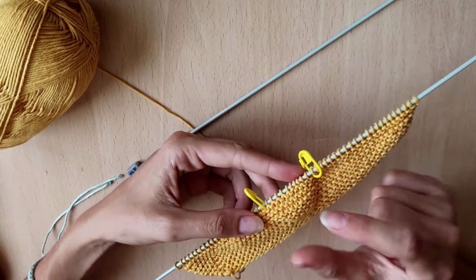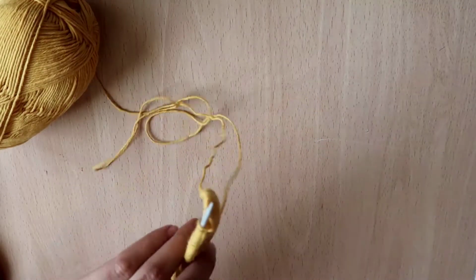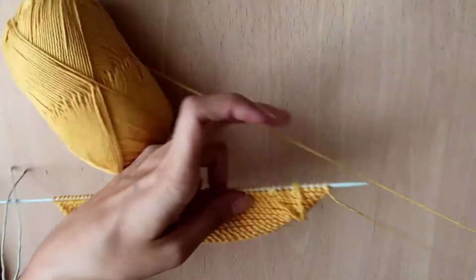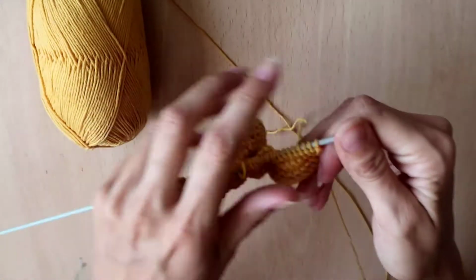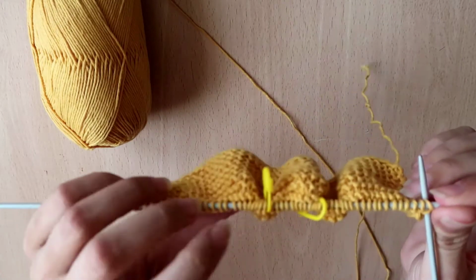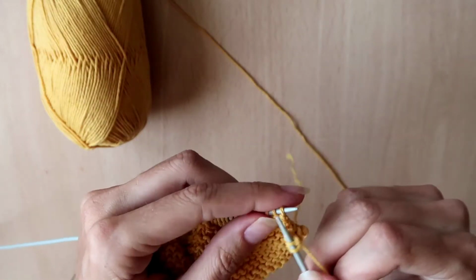So we have to bring this out and not grow the sides. It will all come together like bam, suddenly. So for this, what we have to do is knit 2 together. If you have knitted my frilled bonnet, you will know how to do this. So what we do is we slip the first stitch and knit as usual until our second marker. So I'm just going to slip and knit